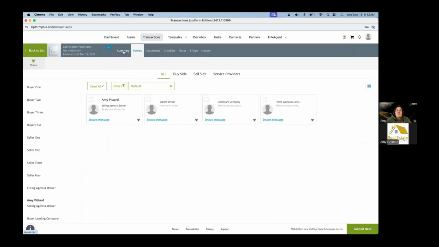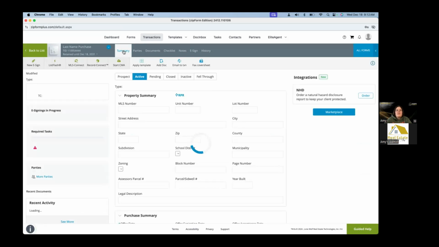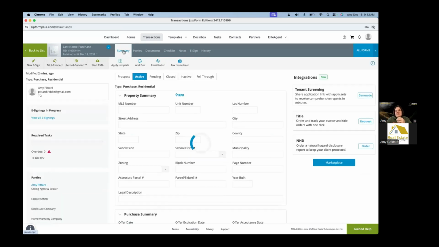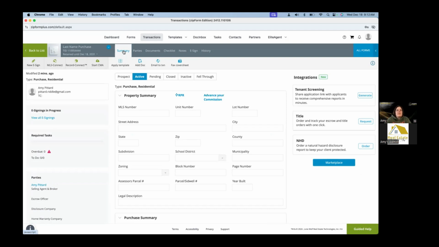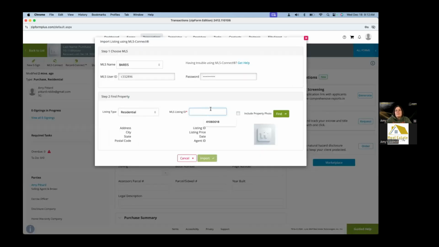Hold on, before we go to parties. If you wanted to pull over that listing information after you get that BRBC signed, now they found the property. Up here on the gray toolbar, that is everything that has to do with this transaction, or well, both the dark gray and the light gray, but here's your MLS Connect. So you can click on that from here, and then it'll pop up that same window to pull in that